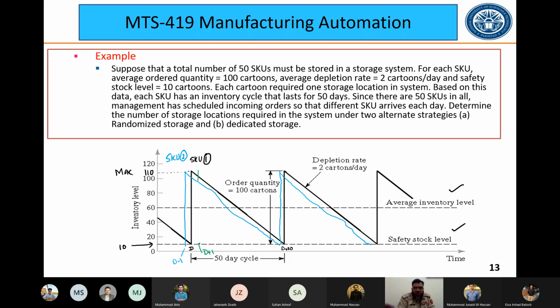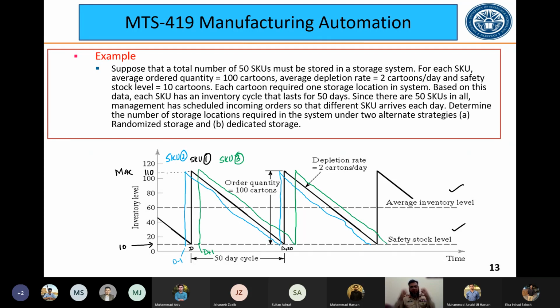So this will be its cycle, 50 days cycle would be something like this. ठीक है, तो ये आपको 50 डेज का साइकिल SKU1, SKU2 और SKU3 का नजर आ गया। ये वो बात है जो मैं आपको पिछले में एक्सप्लेन करने की कोशिश कर रहा था कि कैसे ये डिमांड्स होंगी।